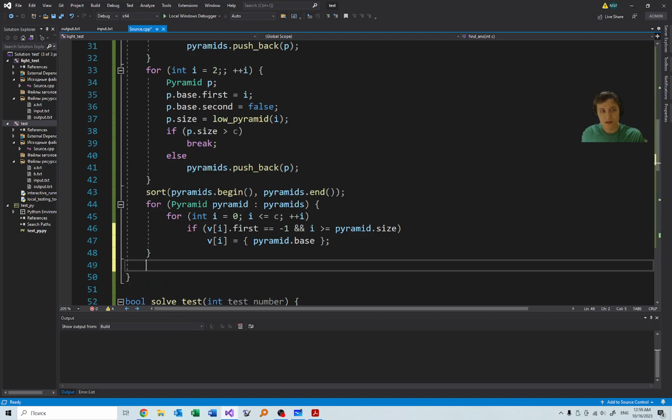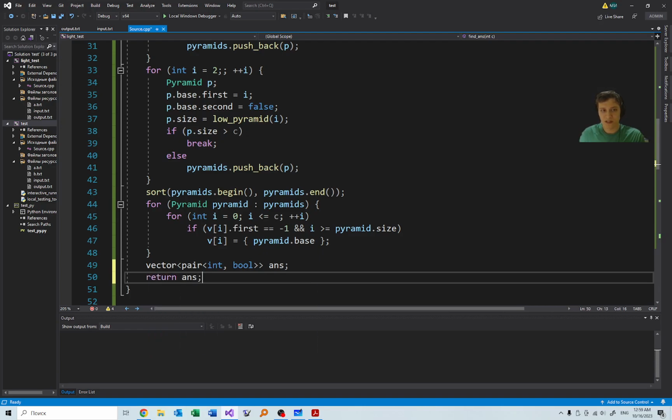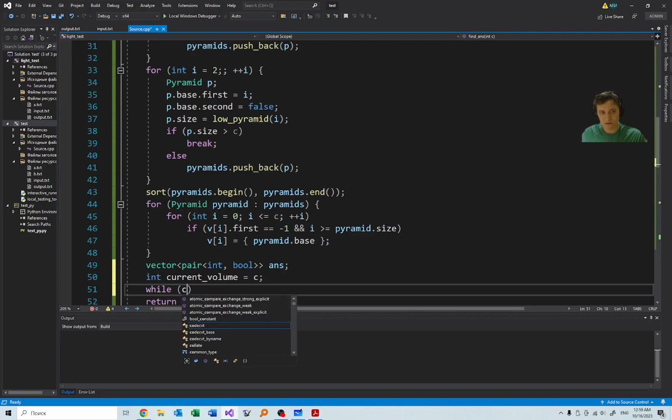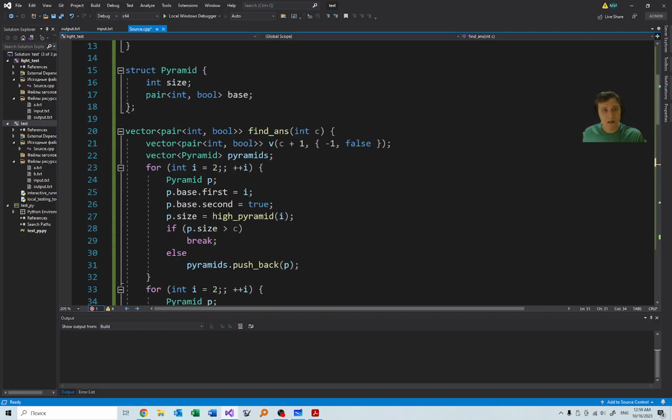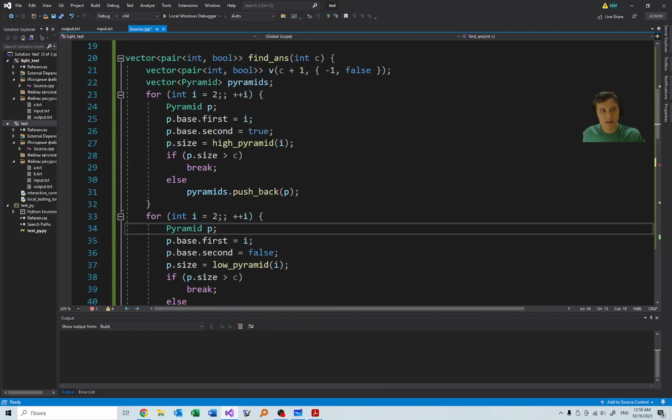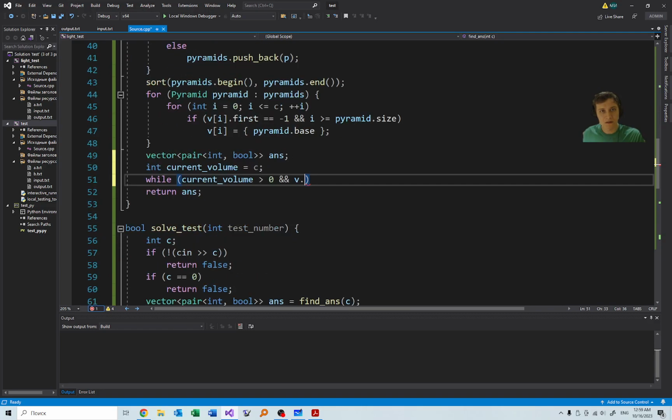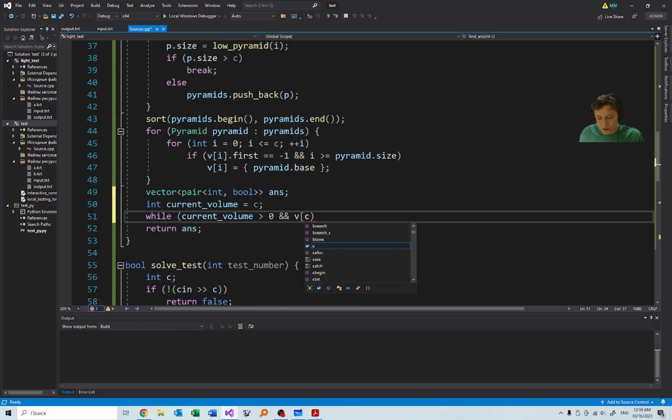So in the end, we just return. We need to restore the answer. For that, we look at vector pair int bool ans. We will return the answer, but previously we will look. So int current volume, we will see while current volume is greater than 0, and while v current volume dot second dot first is not -1,